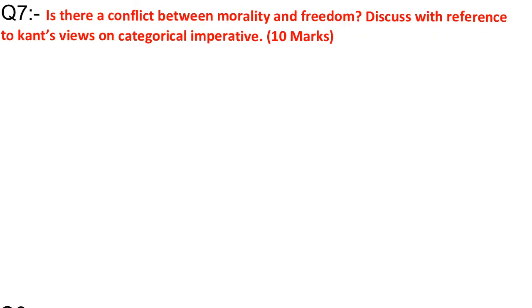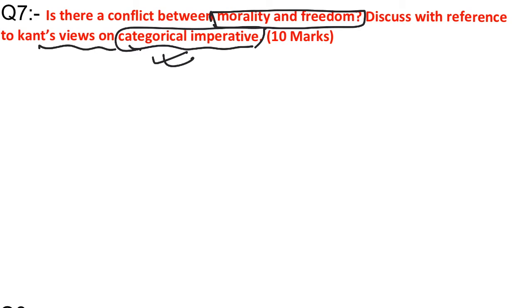Now this question is basically on the view of Immanuel Kant on the categorical imperative. So basically you will first have to talk about what you understand by categorical imperative, then you can talk about whether there is a conflict between morality and freedom or not. So according to Kant,